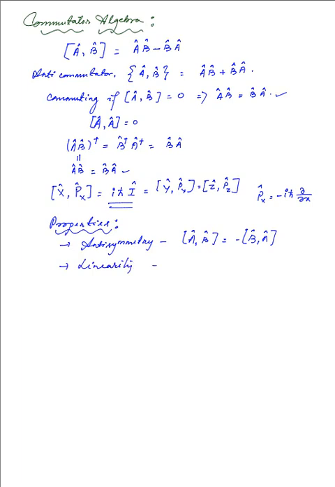Linearity suggests that if we are taking the commutator of A with the sum of the other operators, then this will result in the commutator relation as follows. You can think of it as distributive, but it's not, because distributive usually relates to the product terms. And the Hermitian conjugate of a commutator